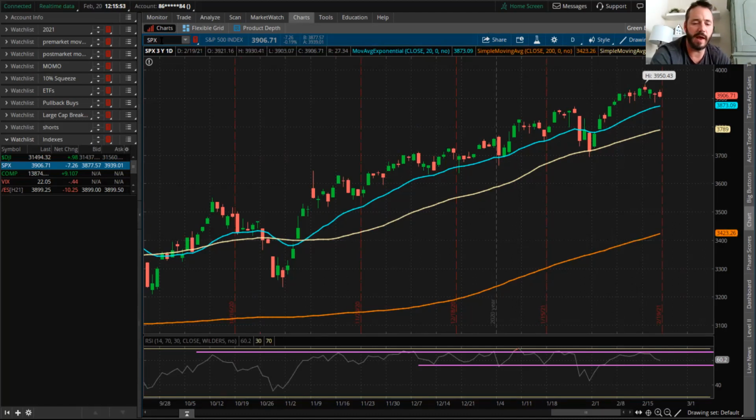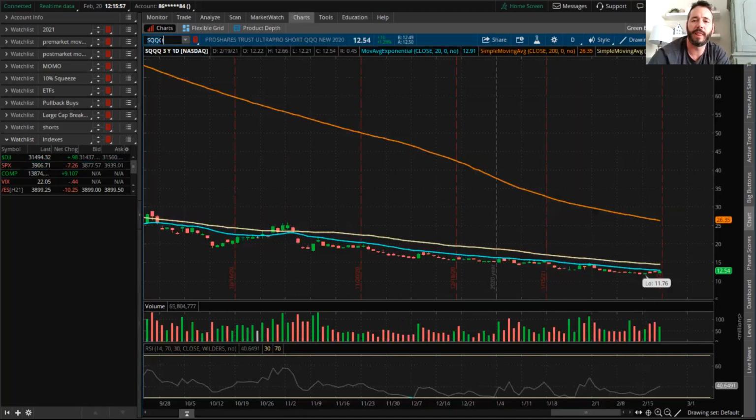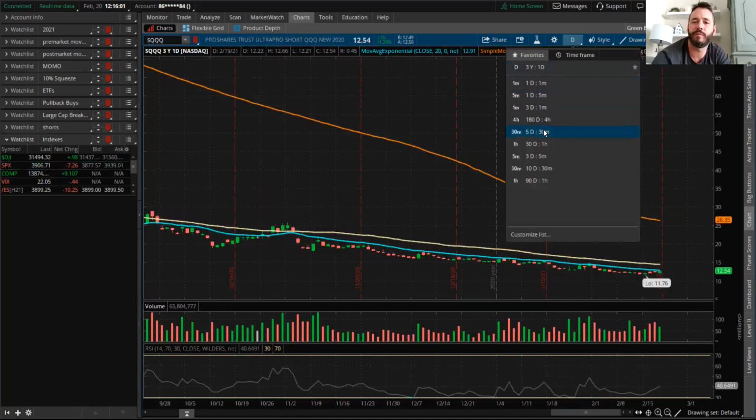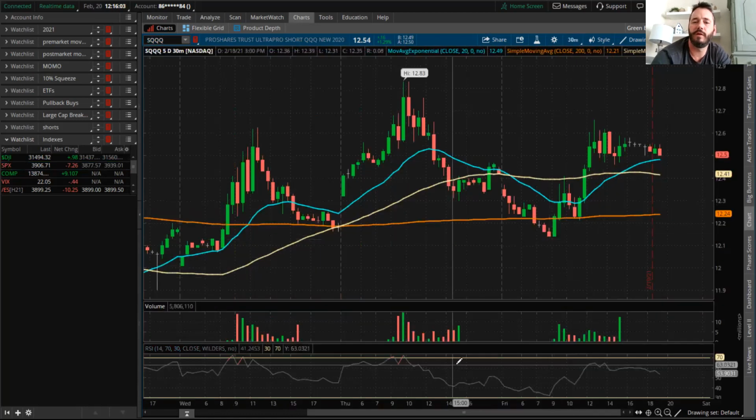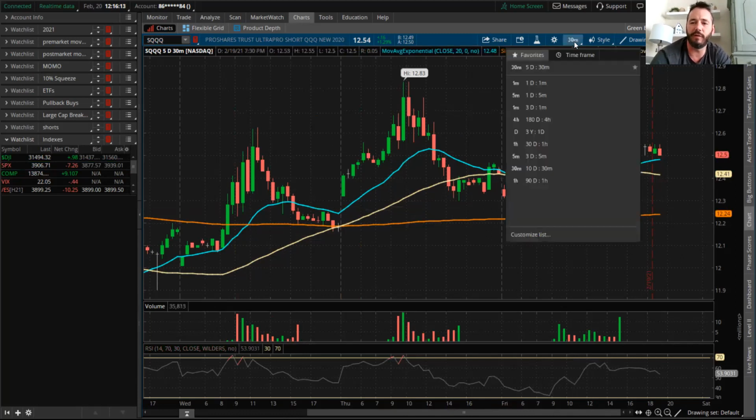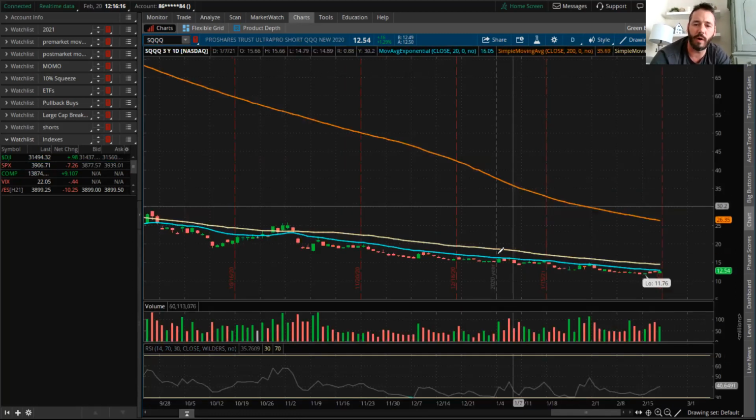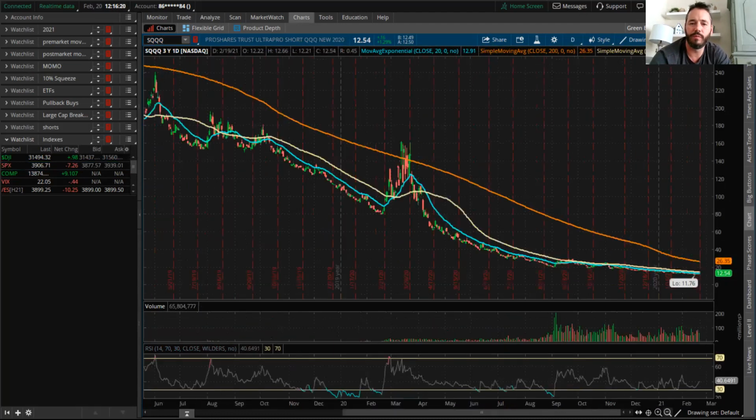One of them is SQQQ. This will actually go up when the overall NASDAQ goes down. Okay, it's just an inverse as far as that goes. Now, if you guys look at it, obviously you would not have wanted to buy this. Look at that,